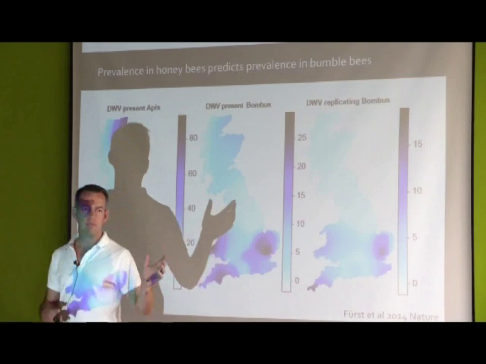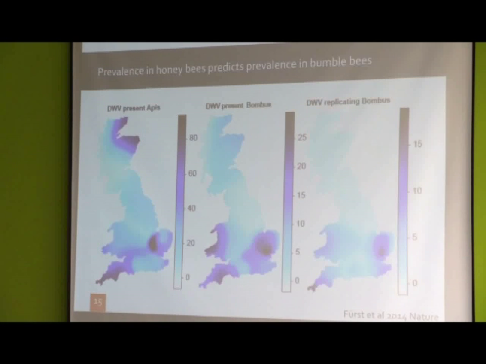And so what other studies before have done is simply looked at the presence and absence of the virus, and that doesn't actually tell you whether it's an infection or not. It just tells you whether it's there. And if it's there, it could be being vectored, because these parasites are picked up on flowers when the bees are foraging, and it could be it's just picked up the virus on its surface, or it's drunk it, and then it's going to defecate it later on and not get infected,